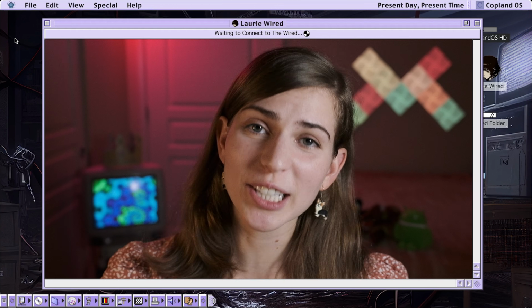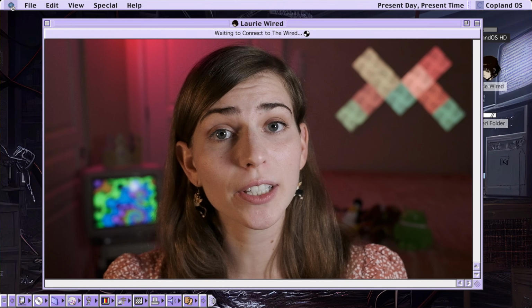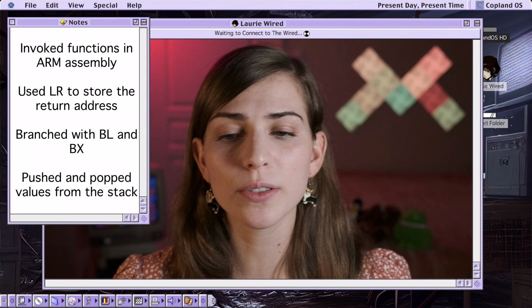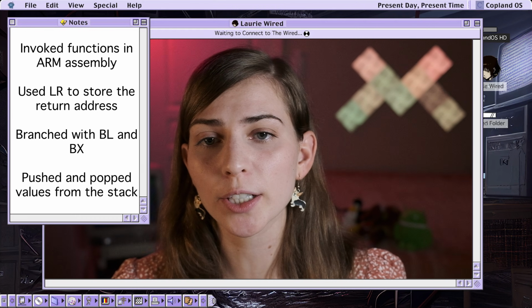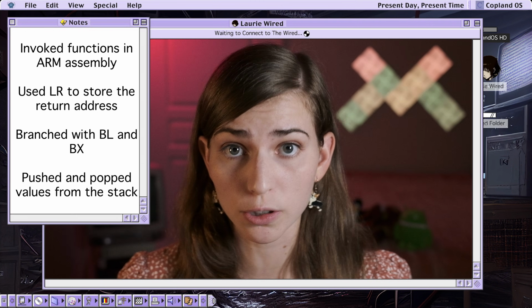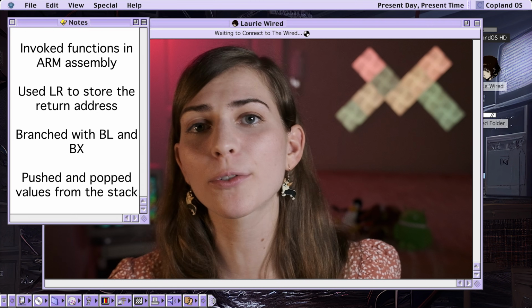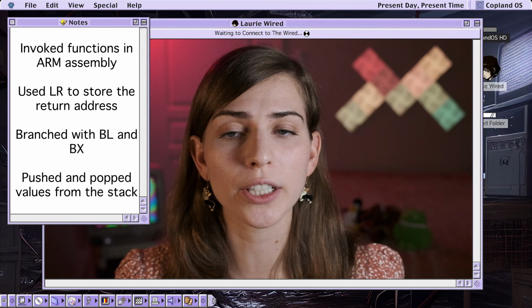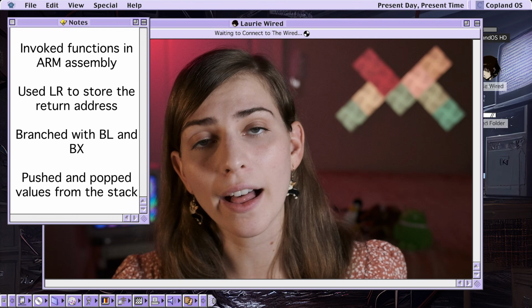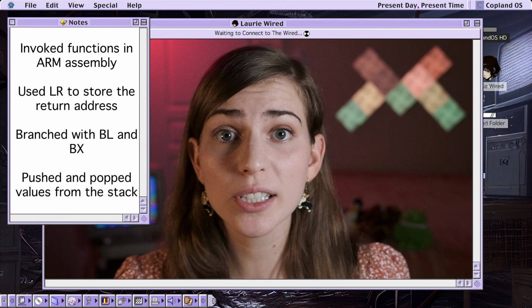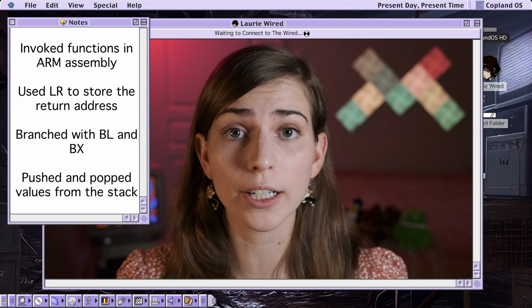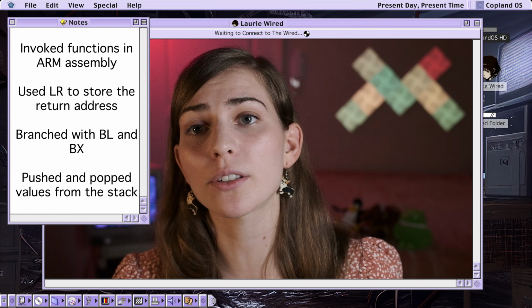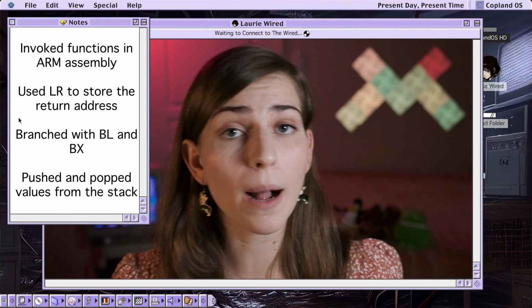In this video, we learned how we could invoke functions inside of ARM assembly. We also saw how we could use the special link register to actually store the address of the next instruction that we're going to execute after our function call, and how we could set this value using special branch instructions called BL and BX. And finally, we saw how we could save the state of registers using the push and pop instructions to actually push these values to the stack, save them, and then pop them off once we were ready